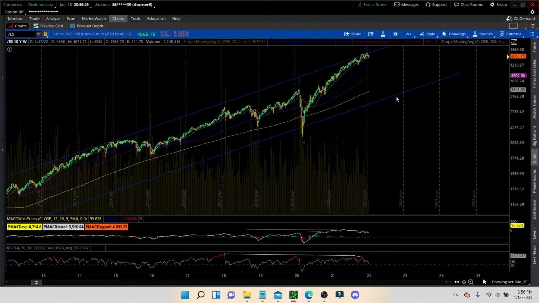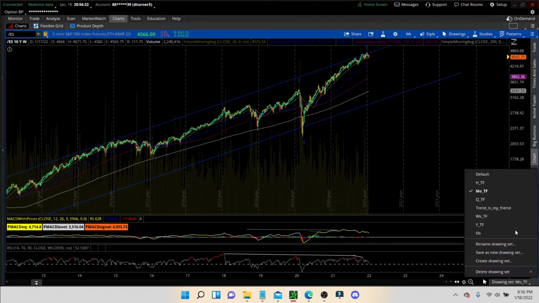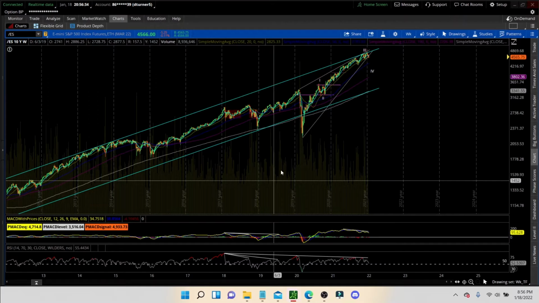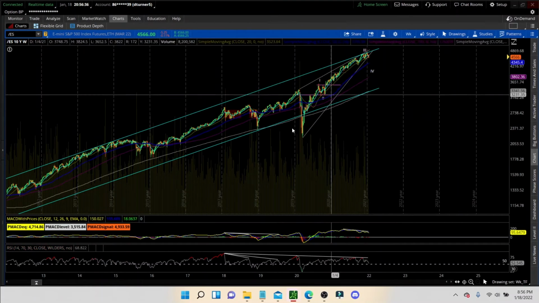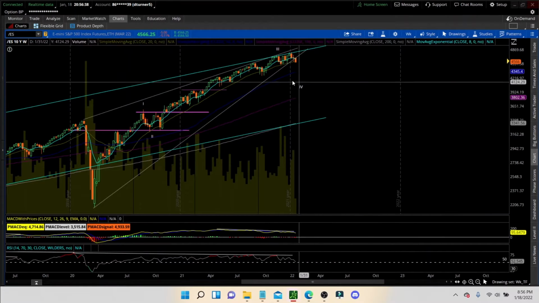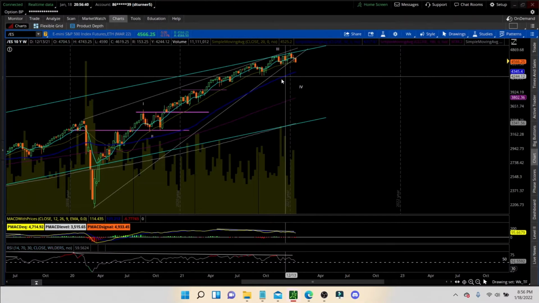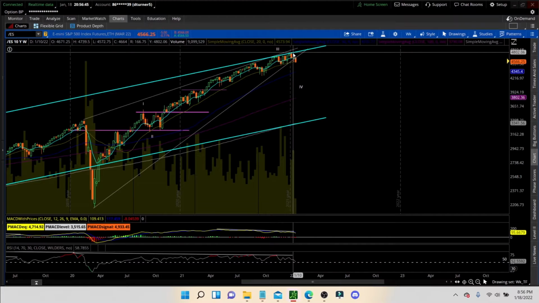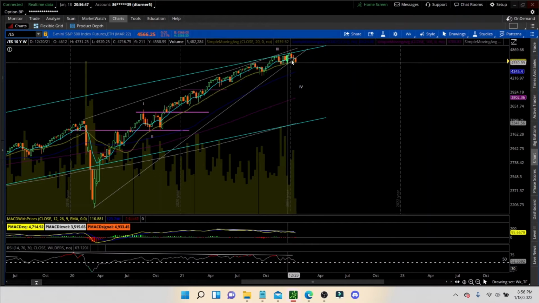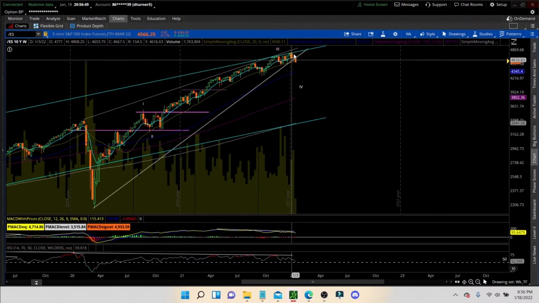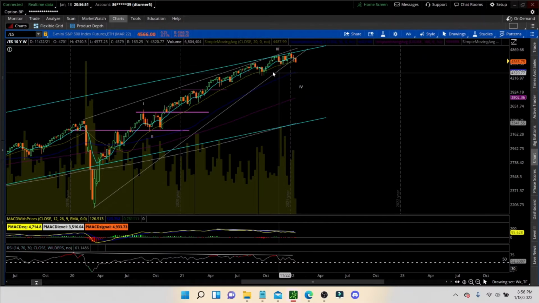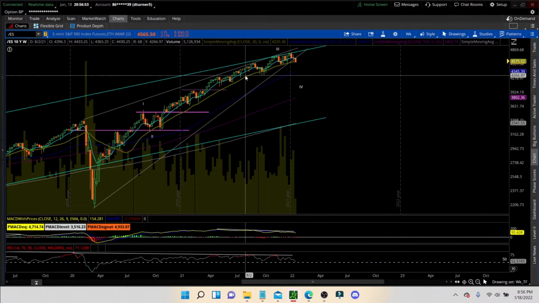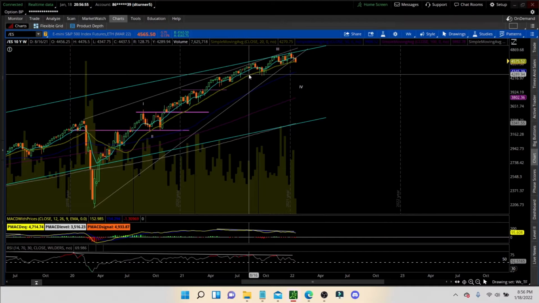All right, so let's move down to the weekly, see if we see anything else. So we have a rising wedge at this point, and we did break down from that wedge. That is bearish. That's a signal in itself. We had a top of the channel rejection. We seem to have this consolidation zone that we're trying to break down from. We have the 20-week MA that we're now testing.